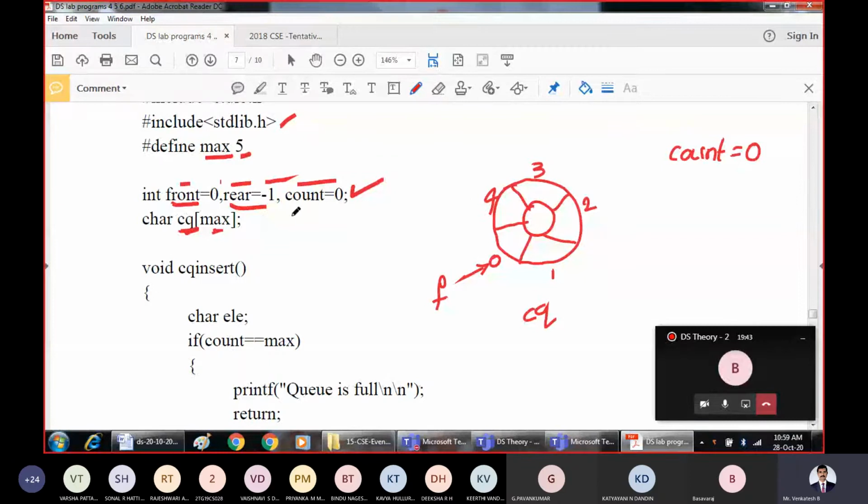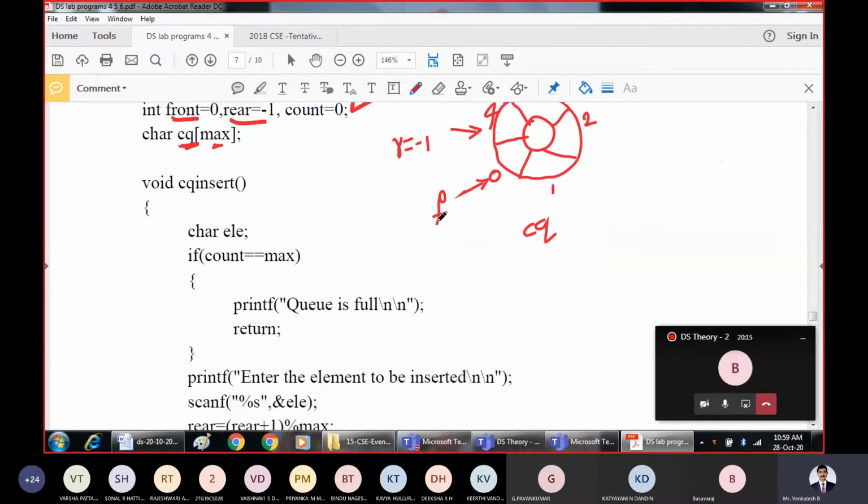In fact we can start in 2 ways: queue size minus 1, that will be 4, or rear equal to -1. For our understanding purpose, I am starting rear at -1. You can just imagine that rear has a value of -1, because when you increment it for the first time, obviously R will start with the value of 0, because -1 plus 1 is 0. So this is just the initialization of the circular queue we are talking about.